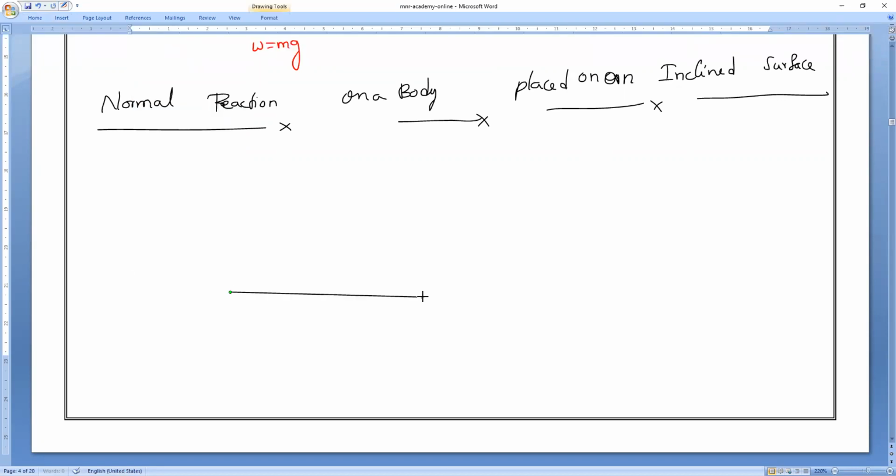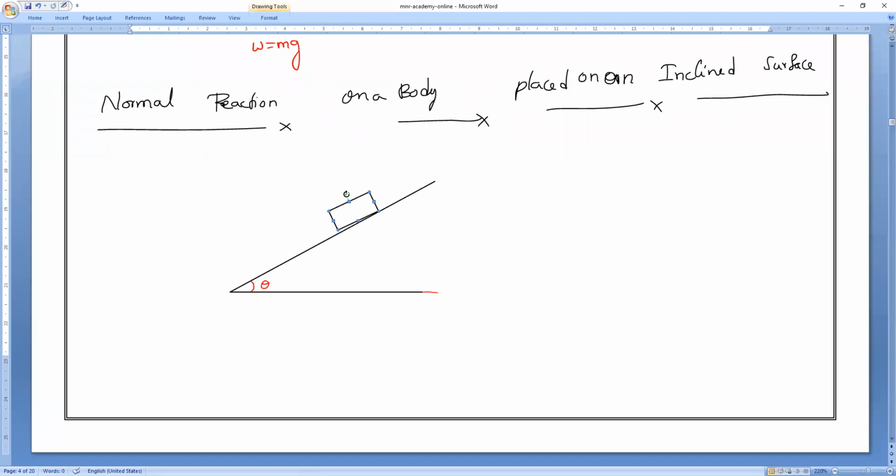Now let me take an inclined surface. All of you observe. Inclined surface means the surface angle will be theta. Am I right, guys? The angle will always be represented with theta. Please remember that. Now there is a block. All this struggle is only to make you understand more easily, so that wherever you go in future, you should not struggle in your studies.